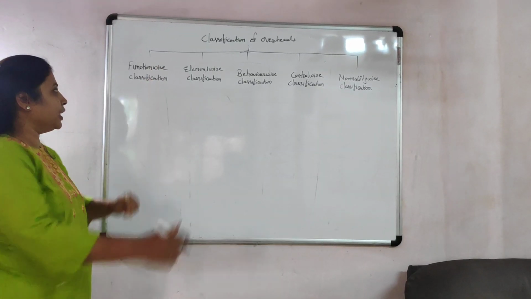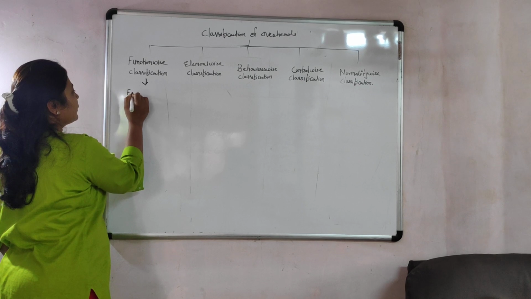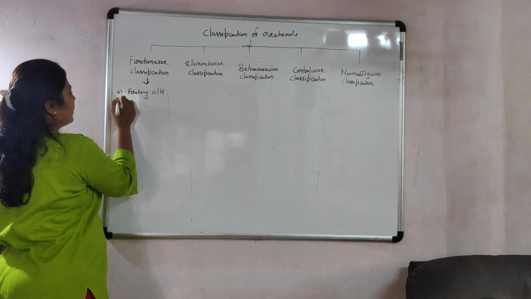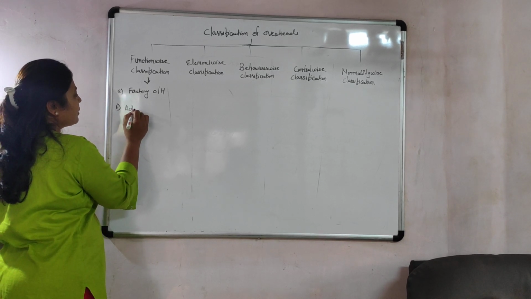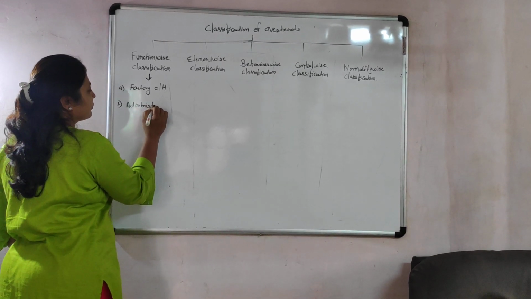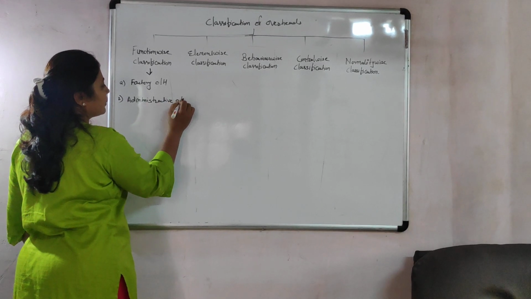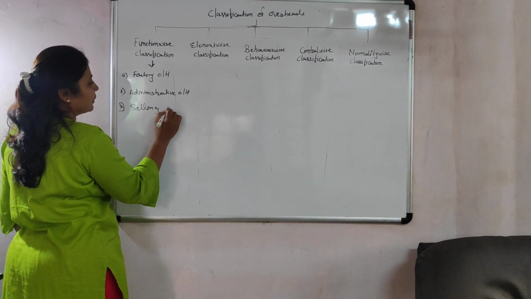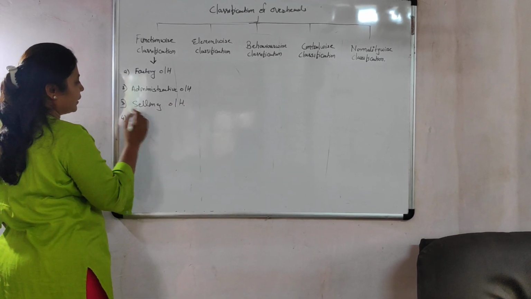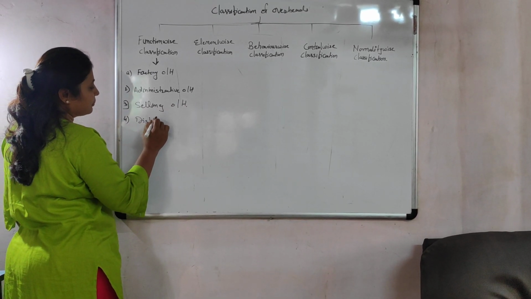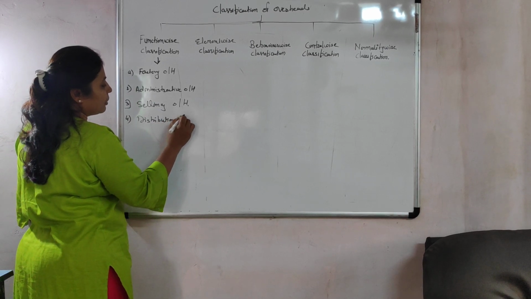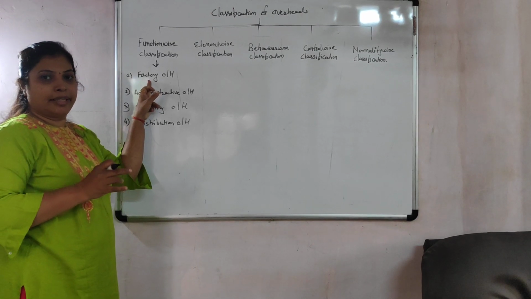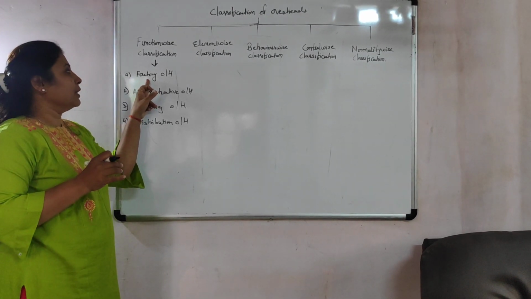Function-wise classification includes first one, factory overheads, second one, administrative overheads, third one is selling overheads, and fourth one is distribution overheads. The example of factory overheads is rent, rates, taxes, factory buildings, and